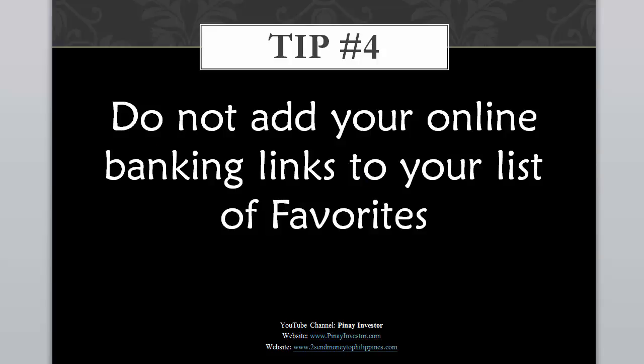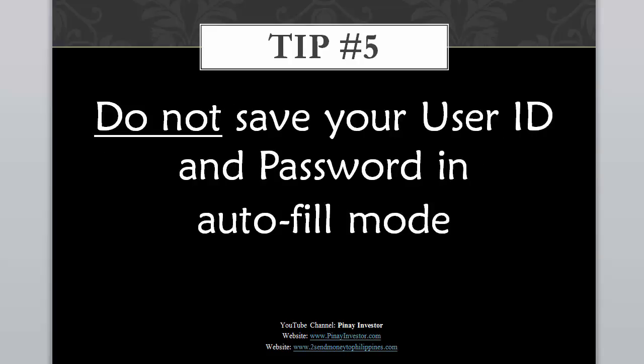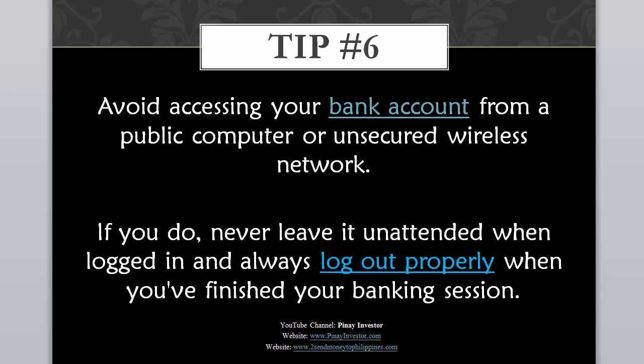Tip number 4. Do not add your online banking links to your list of favorites. Tip number 5. Do not save your user ID and password in autofill mode. Tip number 6. Avoid accessing your bank account from a public computer or unsecured wireless network. If you do, never leave it unattended when logged in and always log out properly when you've finished your banking